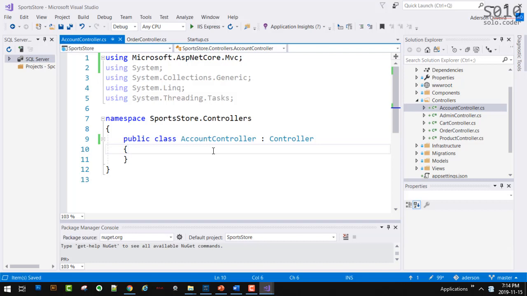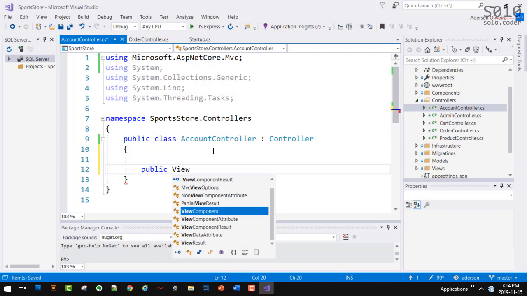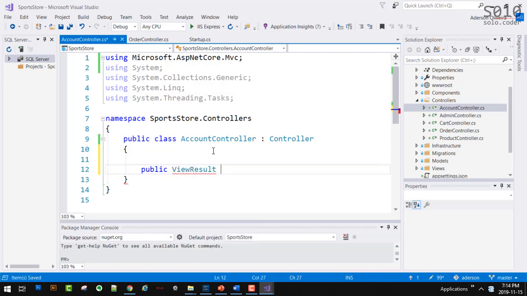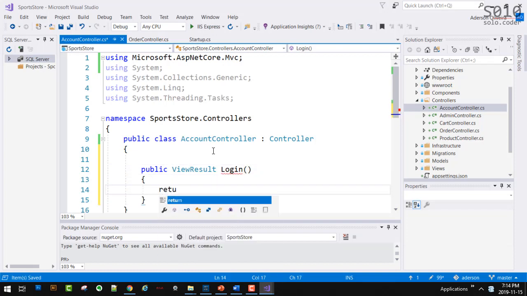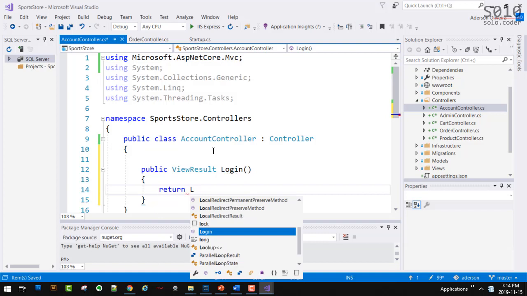Now what? What is the name of our action? Login. Okay, so let's create a public view result login, and this will return a view.